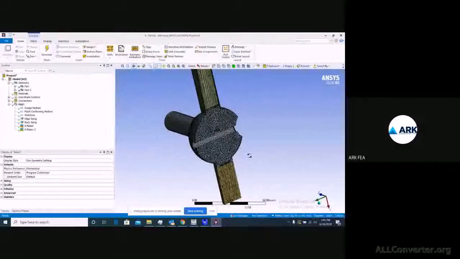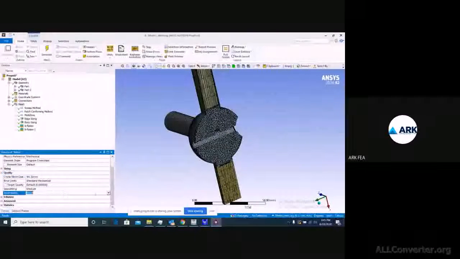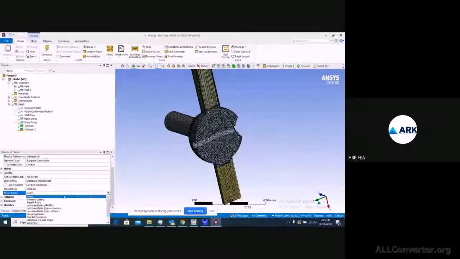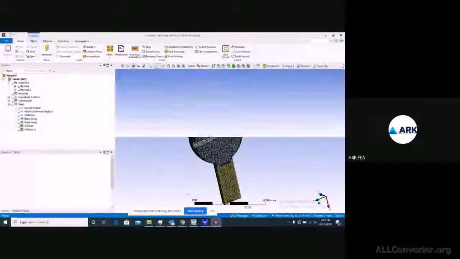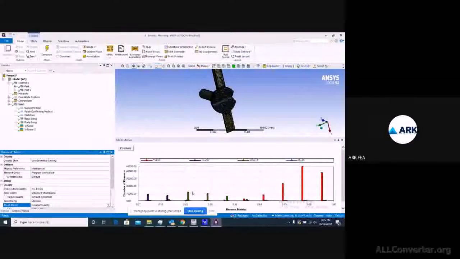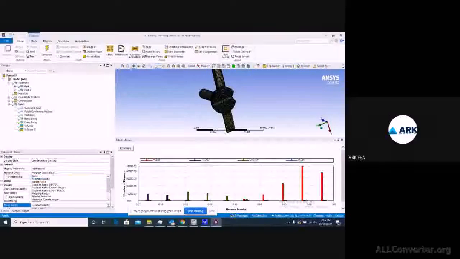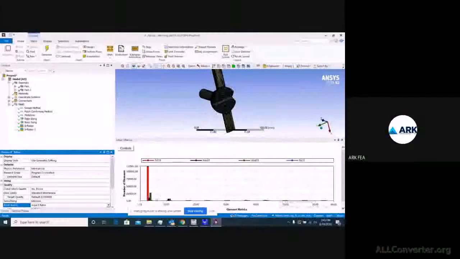Right, so one can check the element quality they have generated. Depending on what you want to check, you can check your element qualities here, or your aspect ratio, where generally one is the good one, so nearby one is what we have to get.